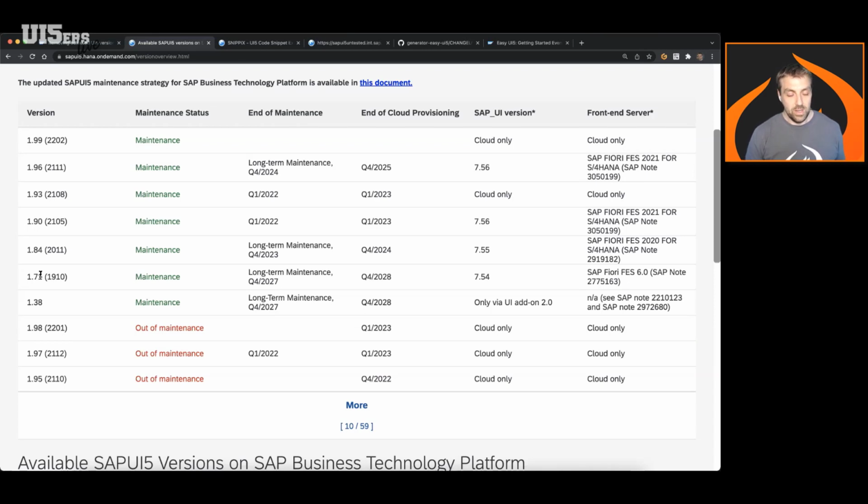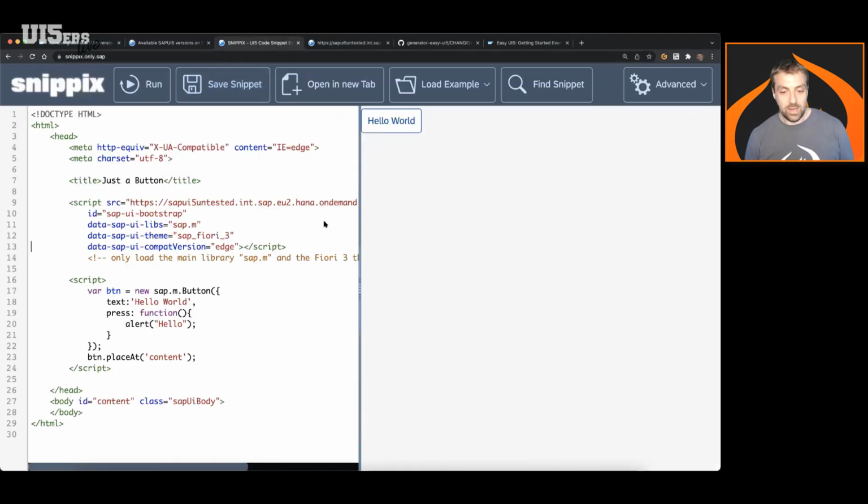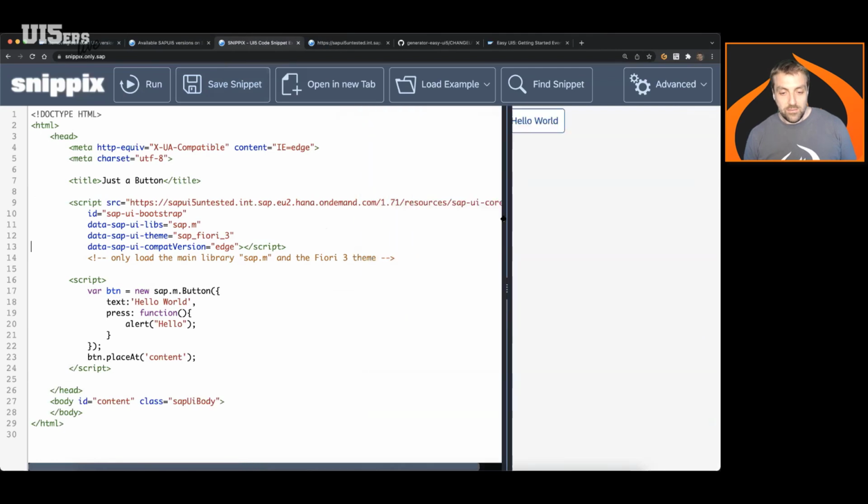But developers who are consuming the concrete versions need to specify, as of today, the concrete patch version. And this is what we want to get rid of, and we call this concept the Evergreen version concept for the long-term maintenance versions, so that you are able to refer to the major minor version only and the patch will be determined by the server, and you will then automatically upgrade to the latest patch version. This feature will be available soon with version 100 of UI5.